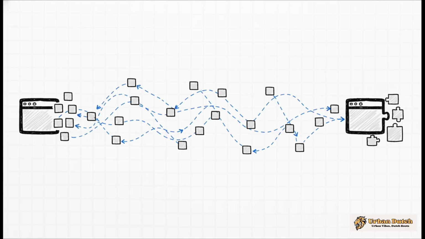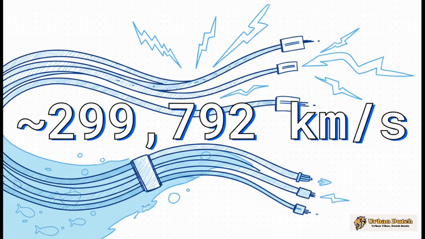See, each postcard is stamped with the final address and carries just a tiny piece of the whole message. Then they all just race across the network, and here's the crazy part. Each one finds the fastest possible route. They might not even travel together, but they all meet up at the end and reassemble themselves perfectly. And when I say race, I'm not kidding. These little packets are absolutely flying through fiber optic cables, including the thousands and thousands of miles of them that are just lying on the ocean floor, and they're traveling at pretty much the speed of light. That's how this whole global trip happens in just milliseconds.